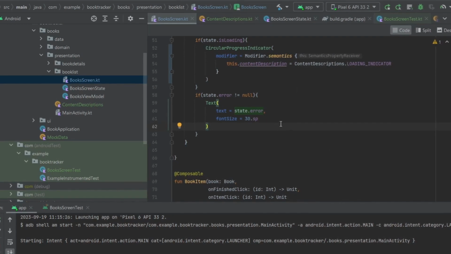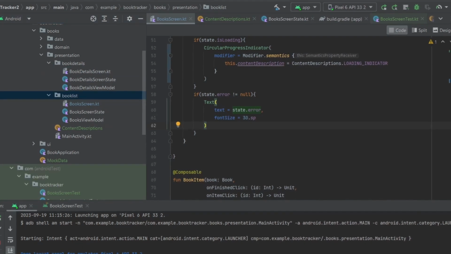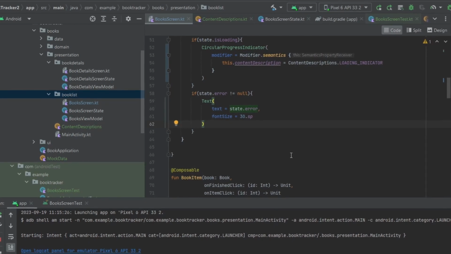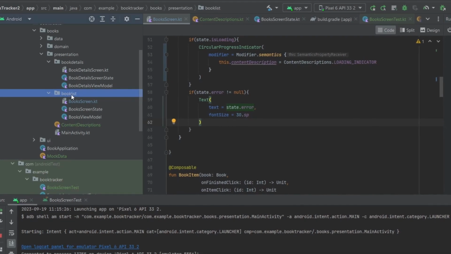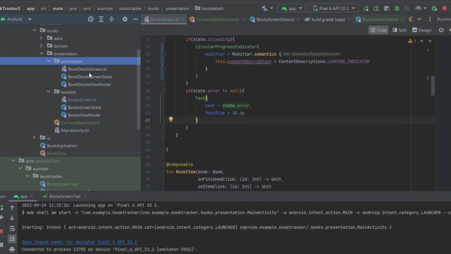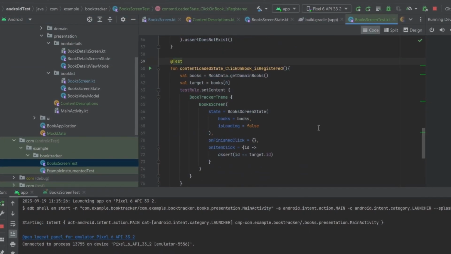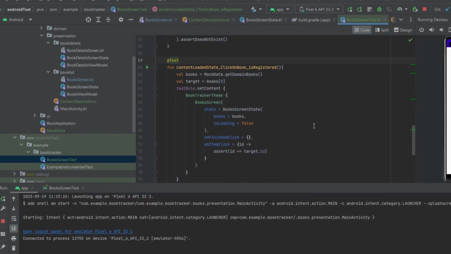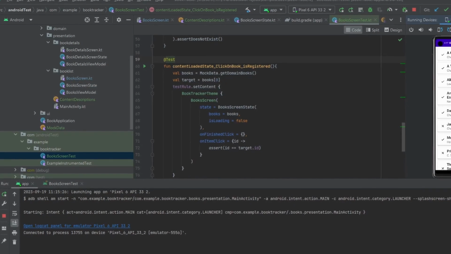And then beyond that, we've only looked at the book list, right? We haven't looked at the book details screen at all. So if you want some homework here and some fun things to do, you can sit down and write all of the UI tests, the remaining ones for the book list screen, and then the remaining ones that would be necessary for the book details screen as well. But this is all that I'm going to write for this video because I'm just introducing you to the concept. We don't need to go totally thorough and test absolutely everything in this application because, again, this application is really just for learning purposes. I'm not